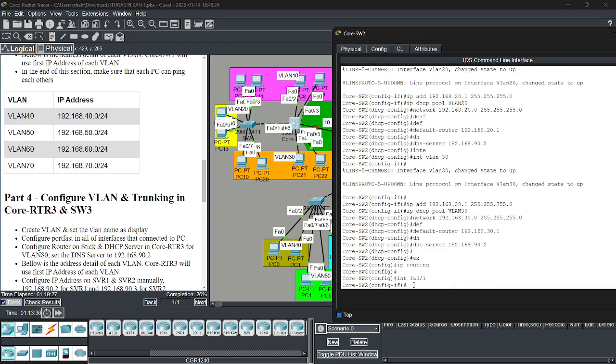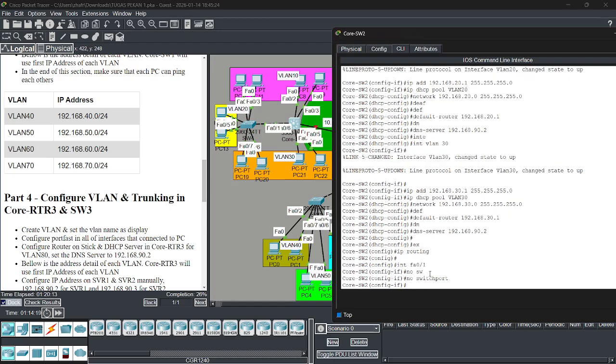For the MPLS link, we should add no switchport, and then we can add the IP address.